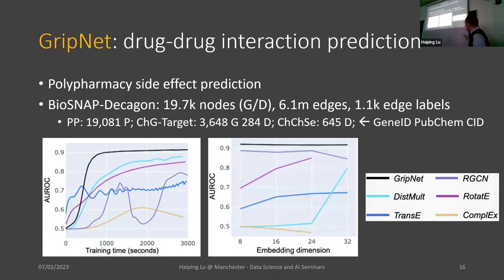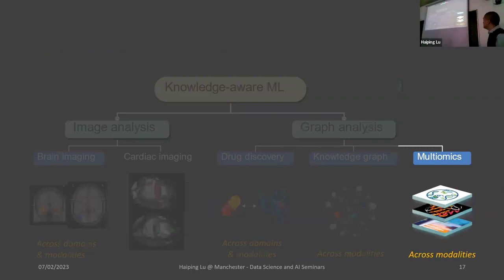And secondly, there is the embedding dimension, because the dimension of each vector determines how much memory, for example RAM, you need. So we also show that our model performs very well in low dimension. Here, only 8. That means each node is represented by 8 numbers, and it can perform well over existing networks. So that is our model called BigNet, a graph network to model different kinds of data sources.